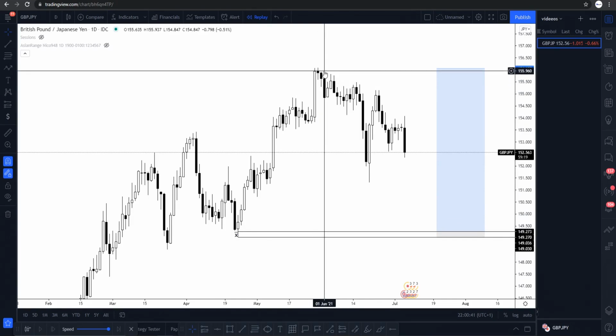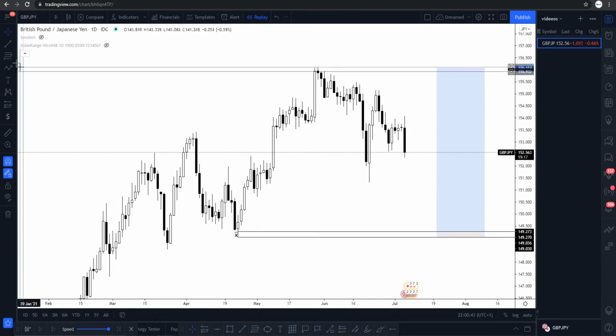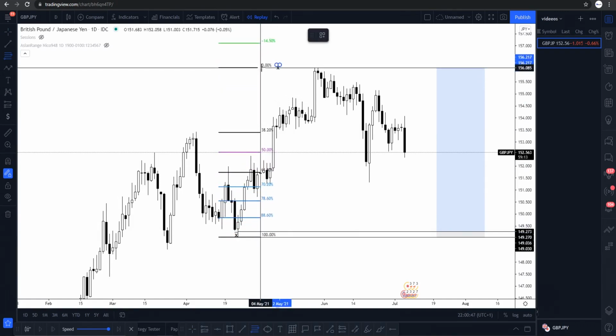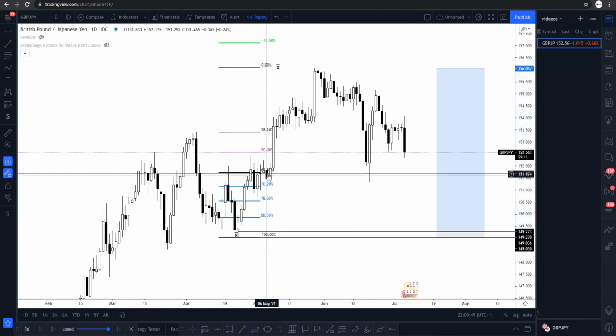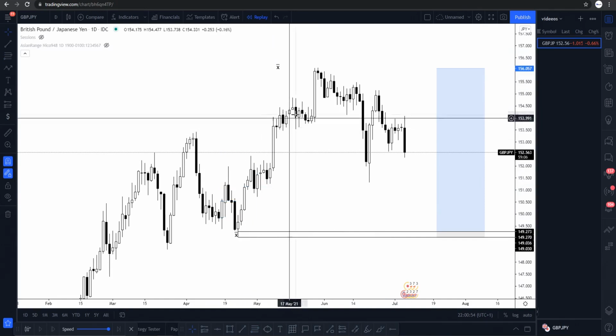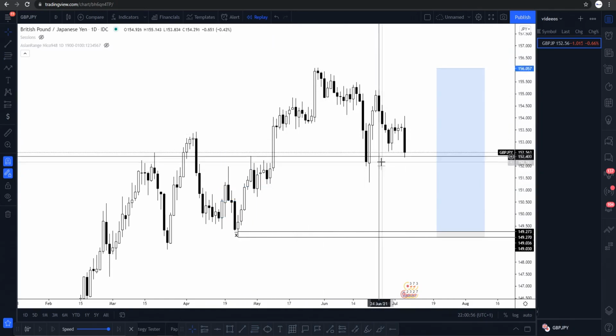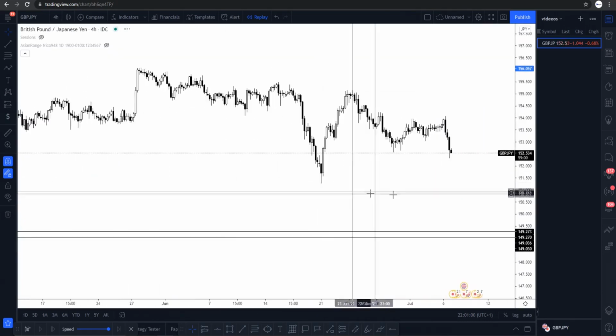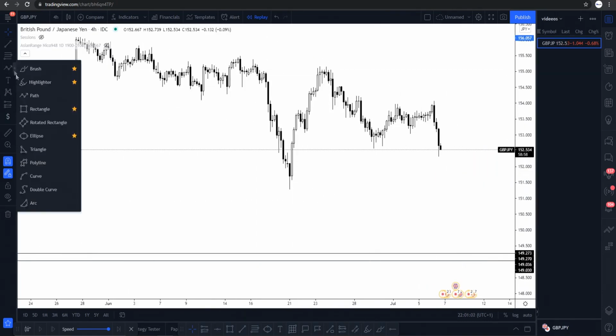We see this major move up. Price creates an IC right here. If we measure this by the fib, by the way, you'll see that it isn't inside of the blue zone, and that's maybe why price didn't give you that major move up. That's a sign that price might make a run back down towards this area over here. Who knows, right? But if we go down to the 4-hour time frame, this area right here that a lot